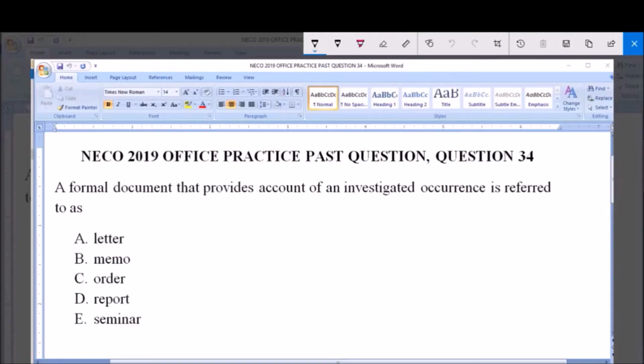I will be answering NECO 2019 Office Practice Past Question 34. A formal document that provides account of an investigated occurrence is referred to as A, letter, B, memo, C, order, D, report, and E, seminar. Now, a letter is